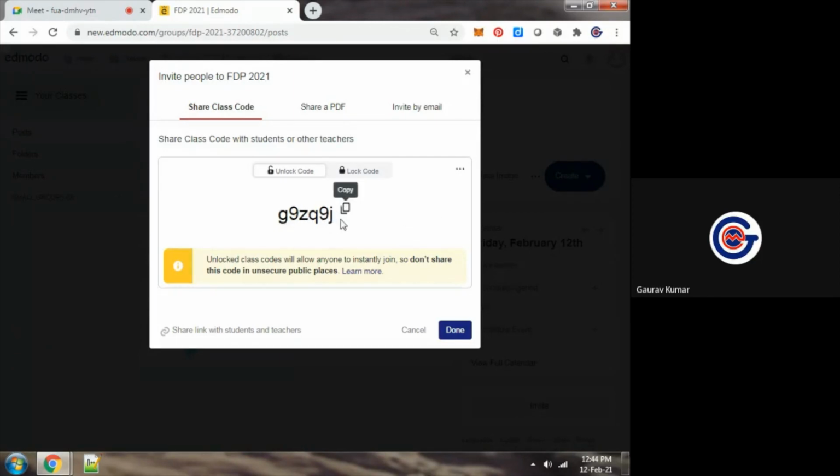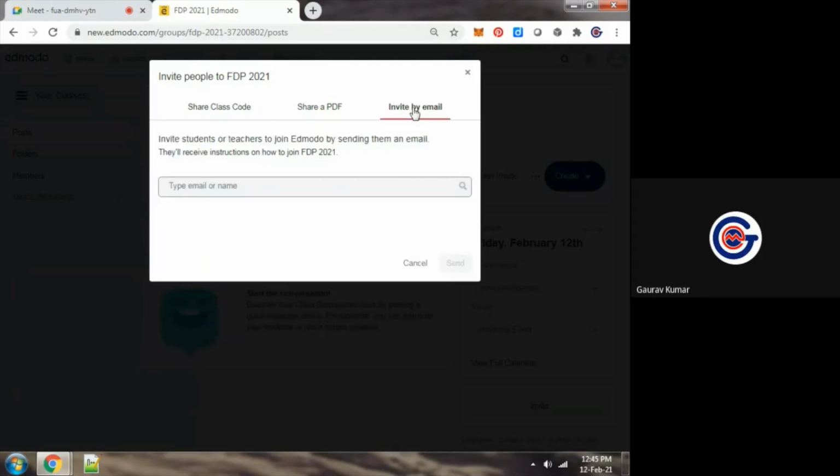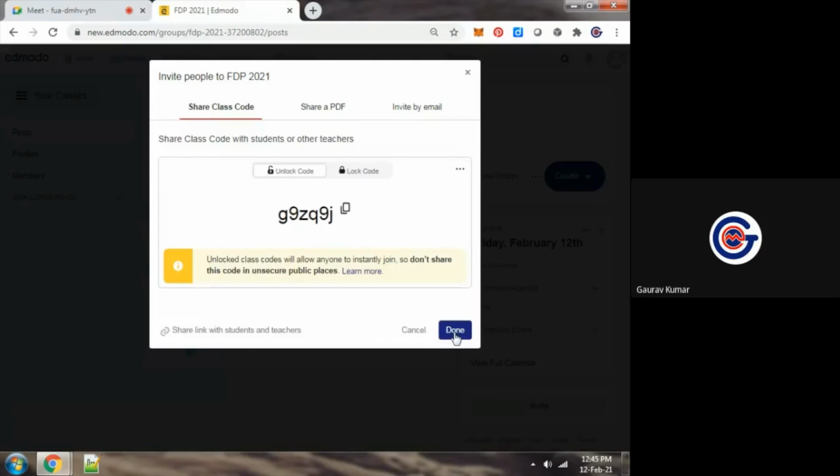Via this code, students can join this class, or via a handout, or via a particular enrollment sheet, it can be done. So if I lock this code, students will not be able to use this particular code. Okay, unlock code. If unlocking is done, students can enroll. If the course is locked, then further students will not be able to join it. Okay, or invite by email. So multiple options. So unlock code.